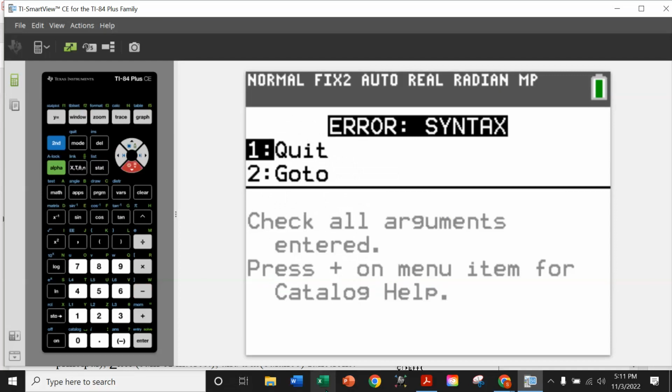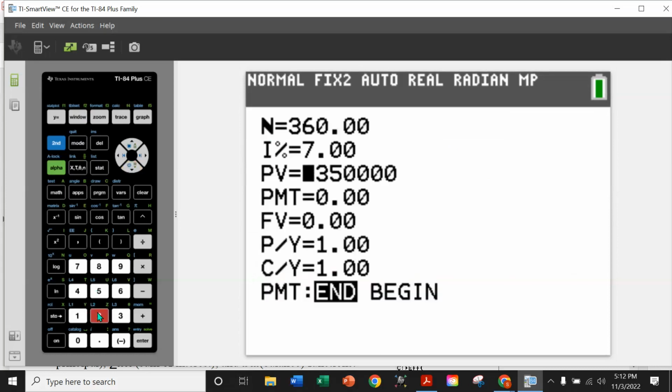And if I can do them first, then perhaps we can do some troubleshooting, because it's not always clear what the mistakes are. So a syntax error means that there's something grammatically wrong. I've typed something wrong, and it doesn't understand what I've said. So I could quit and go back to the home screen, but I'm going to choose number 2, go to. So I'm just going to click on 2, and it's going to take me straight back to my TVM solver,